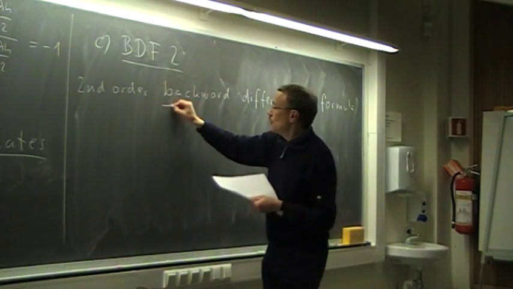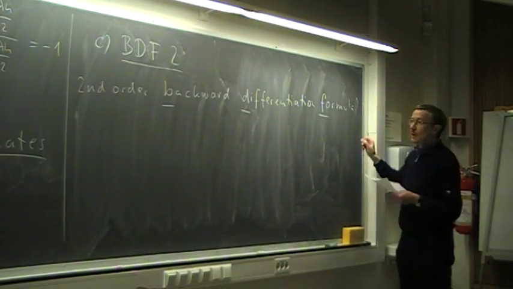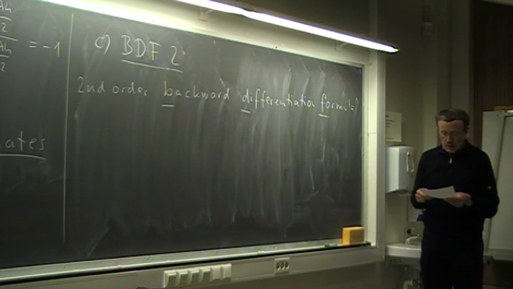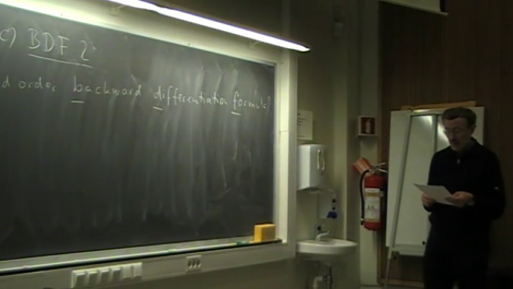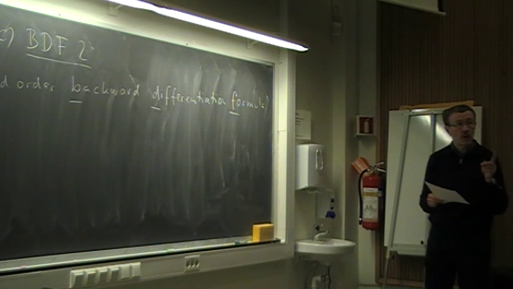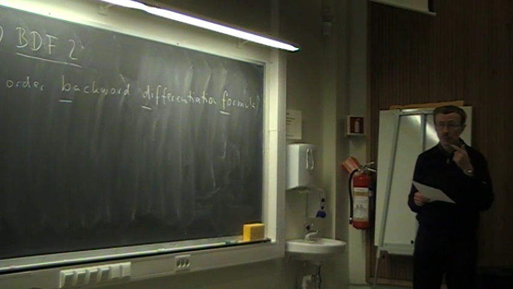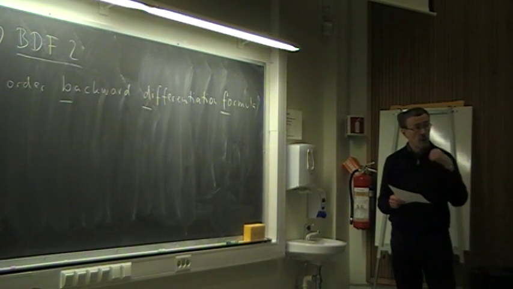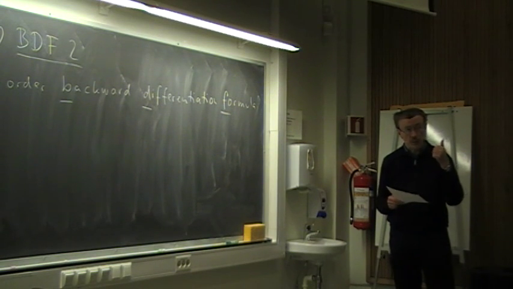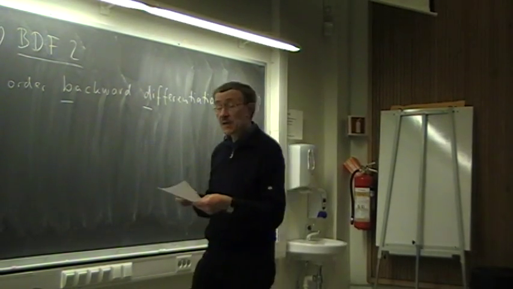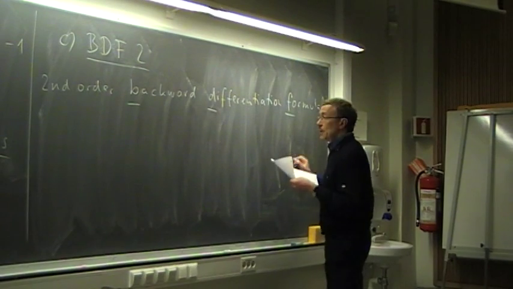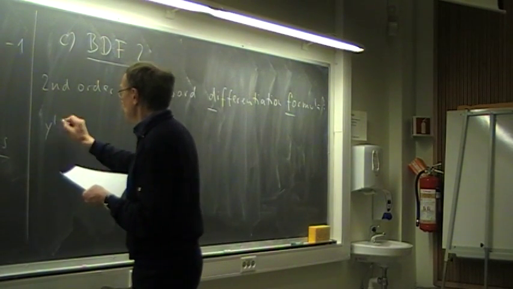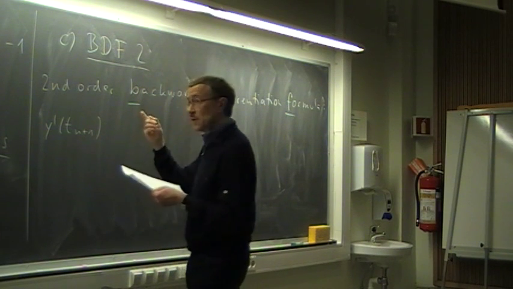So it is the BDF. The idea of this method is that we approximate the y prime, the derivative of y in the ODE, to higher order. We argued with the implicit Euler method, we approximate it by first order backward difference. Now we take a second order backward difference. So the idea is that the y prime at the new time level, as in the implicit Euler method,